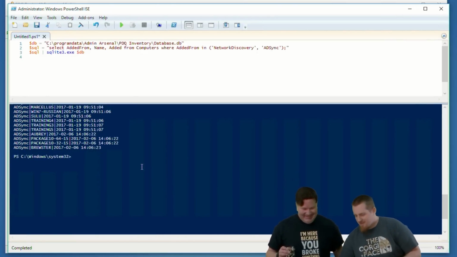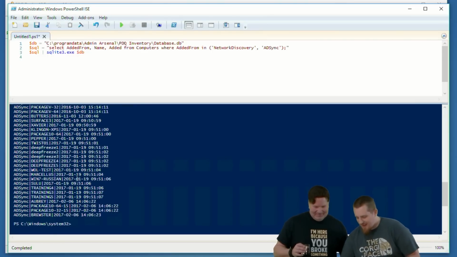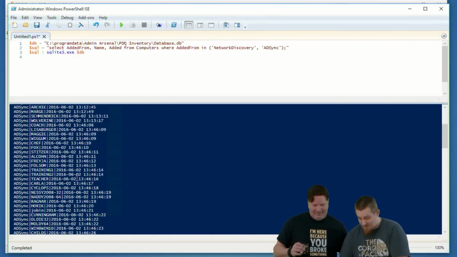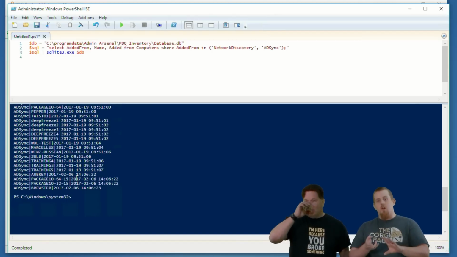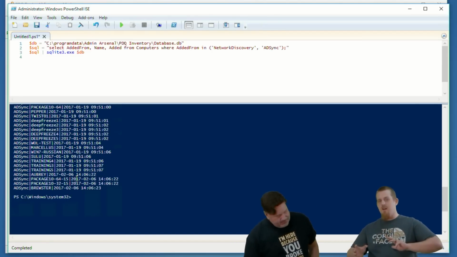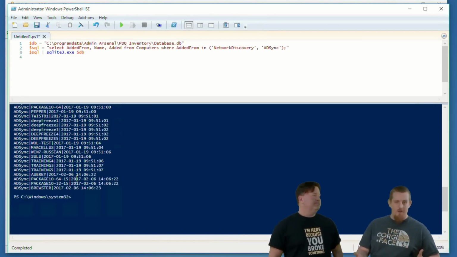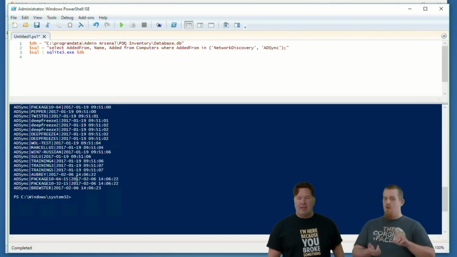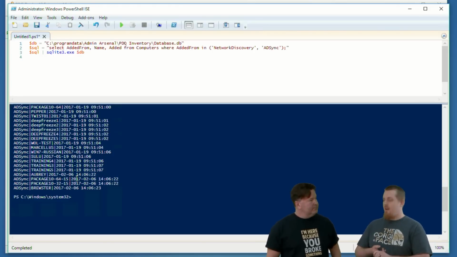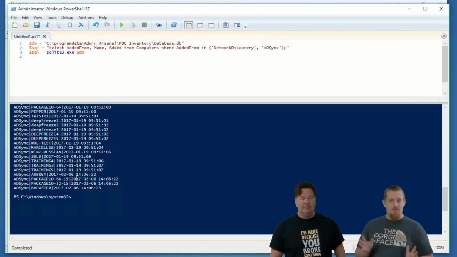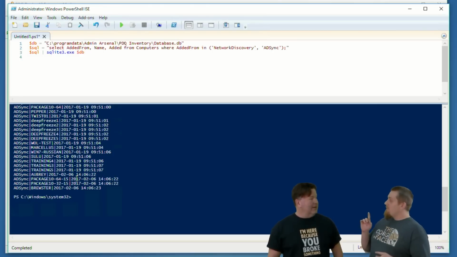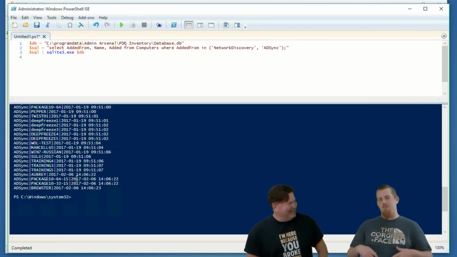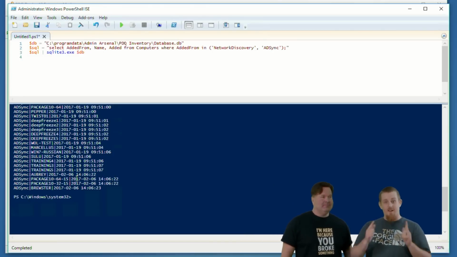Okay, so with this, now you can identify what it was added from. You see these all added from AD sync, and the date and the name. In order to actually get an update from this, you might use a PowerShell command like Send-MailMessage to actually email you the results. Throw it on a task schedule or something, have it on a timer, have it on an event, whatever. Or I think there's triggers in SQLite as well, but I'm not going to get into that. So PowerShell, set that up on a timer, you can get the results emailed to you. So yeah, do it. That's awesome.